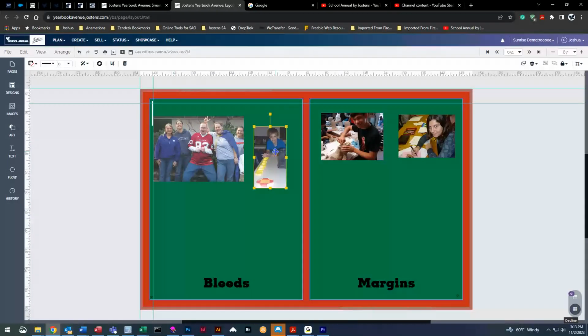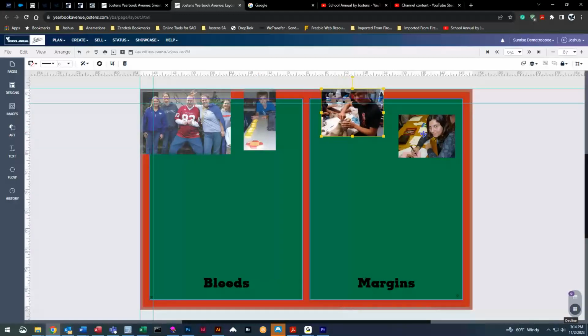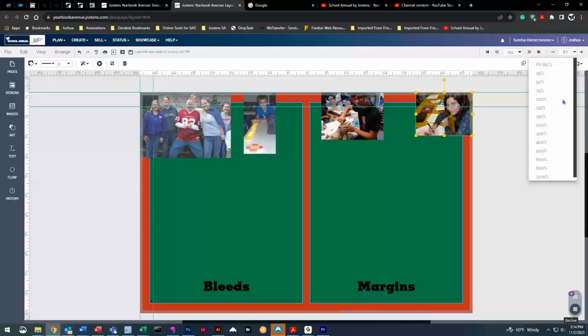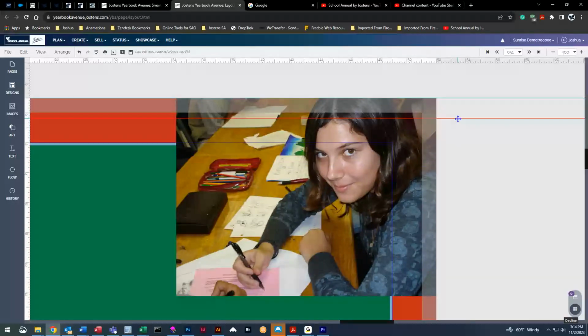All right, so one thing I want to touch on here real quick, and I'm going to come back to this, is the trim line right here. So let me go back. When placing your images, this little gray area right here is your trim line. One thing you want to take into account is there's a chance that the top of this image may be trimmed right here, and it'll be trimmed right here. So that's something you may want to take into consideration when placing images this close to the edge of your book,